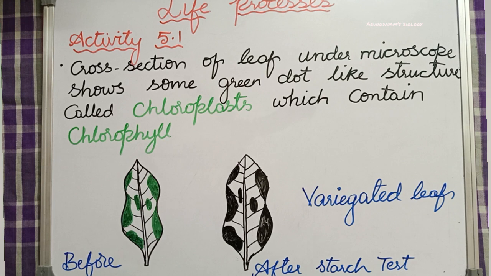Next, we have to put this potted plant in a dark room for 3 days. Why? The starch which is present in the plant will have to get used up. If we put a potted plant in a dark room, it cannot perform photosynthesis, isn't it? Why? Because sunlight is not available to it. So without photosynthesis, how will the plant survive? It will not get food, no? So within these 3 days, the leaves and the plant will use the already stored starch present in their body, just like us.